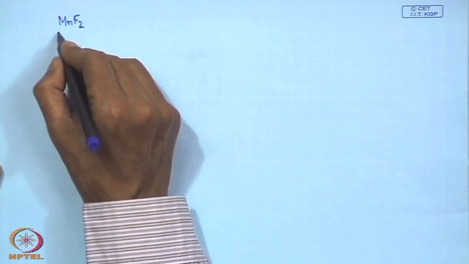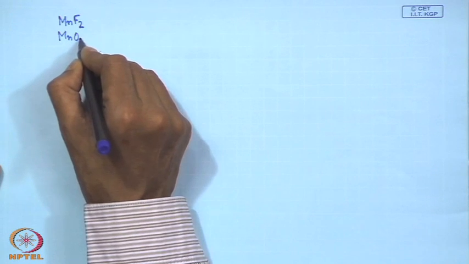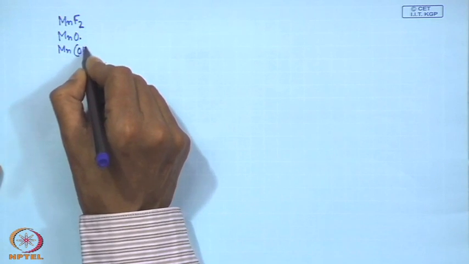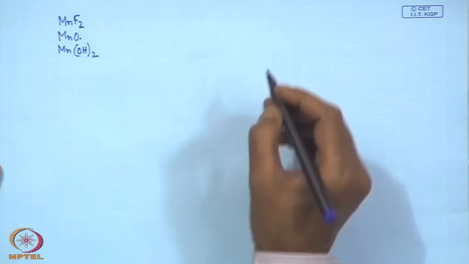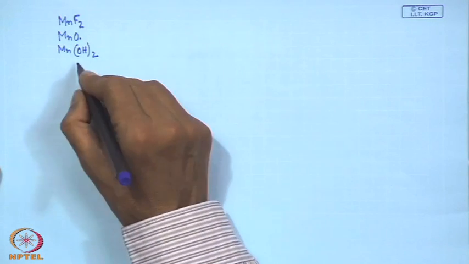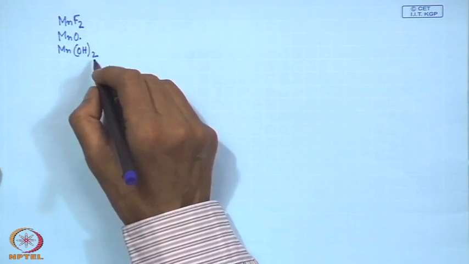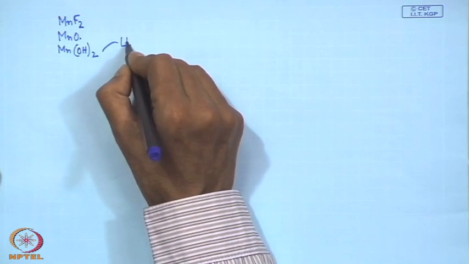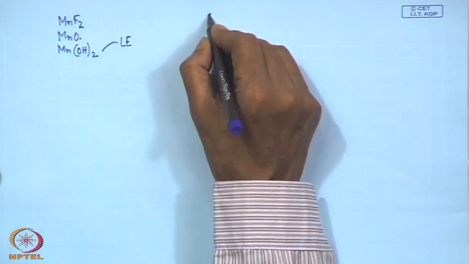Similarly, we can have the formation of MnO or MnOH. This is the solid state, because in the solid state we are talking about the lattice energy (LE) values, but in solution